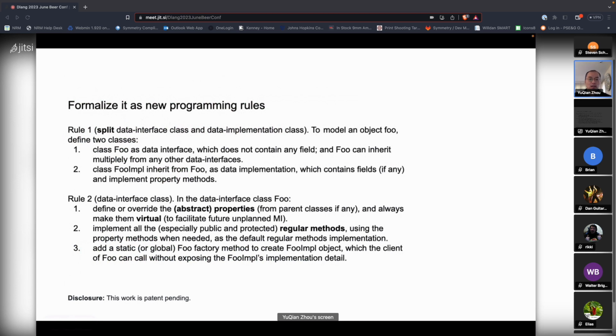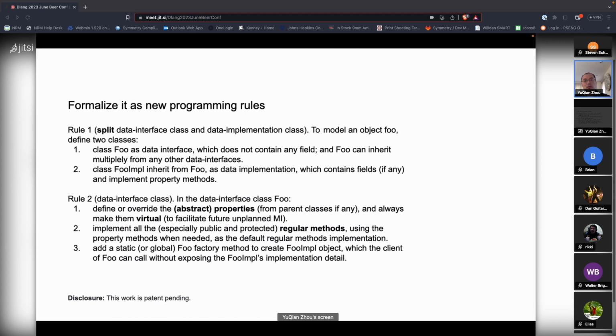For the rest of the slides, we basically try to formalize these new programming rules. The first rule basically says that to model an object, you need to split it into a data interface class and a data implementation class. In the data interface, don't define any actual